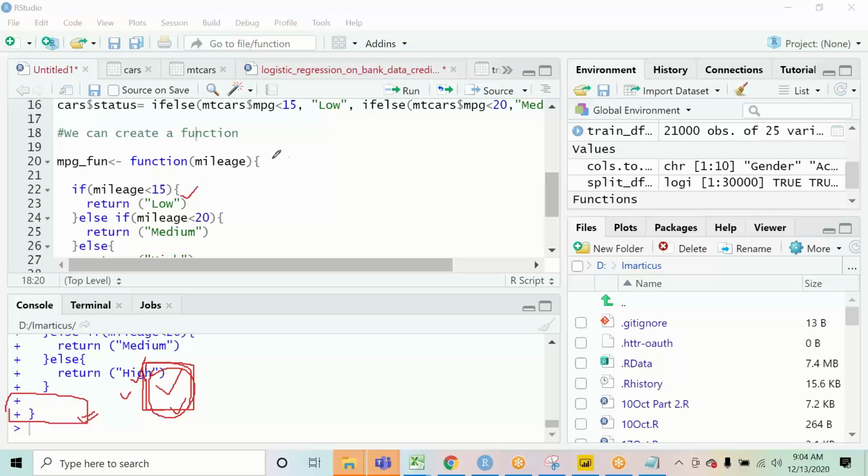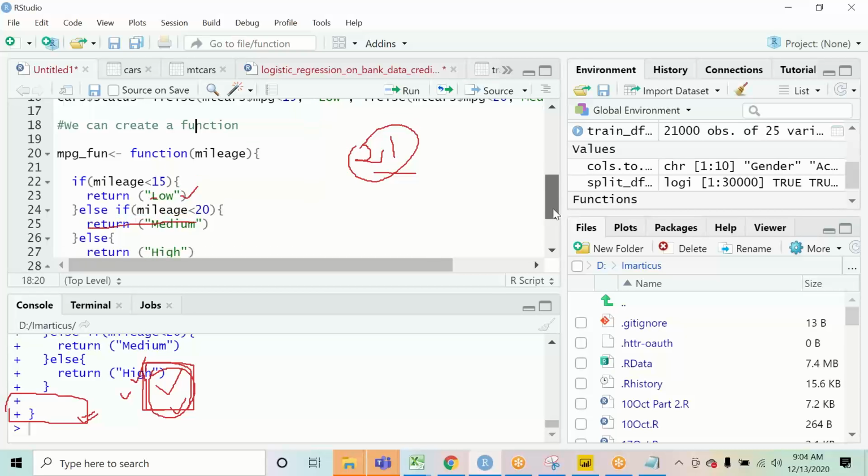Suppose the car's mileage was 21. It will check the first condition. This number is not less than 15, so this condition fails and it will jump to the next condition. Is this number less than 20? No, it is not less than 20. So it jumps to the else part and gives you the output as high.